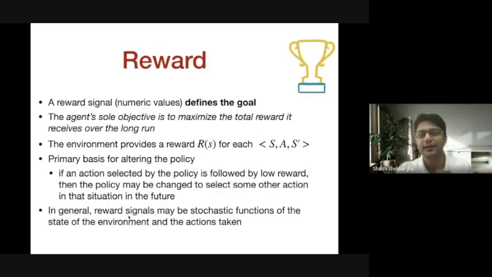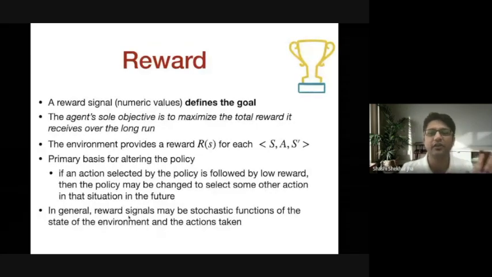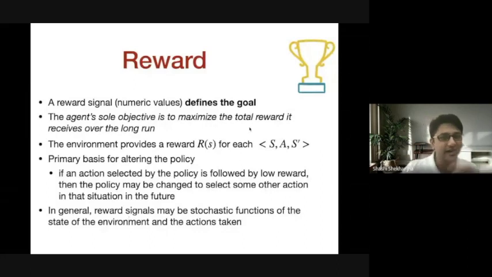The second most important element in reinforcement learning is the reward function. And this reward function actually defines a goal. We earlier said the goal is finding the optimal policy, and now we are saying reward defines the goal. So there must be some connection between reward and optimal policy, because it is saying reward defines the goal. So somehow reward should define the optimal policy. We have to come up with that connection. We will, but let us first see how these rewards behave.